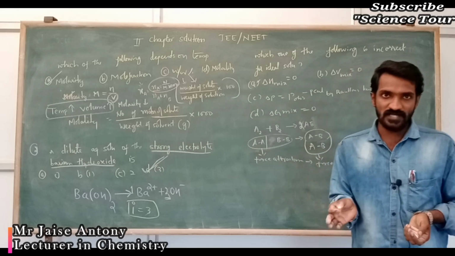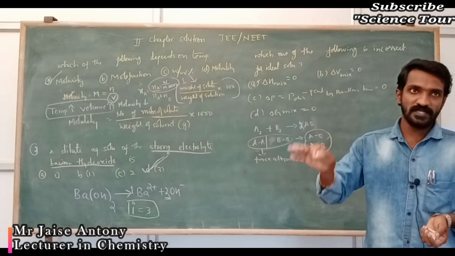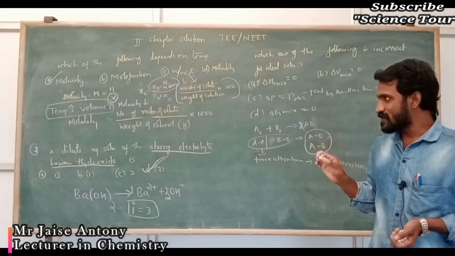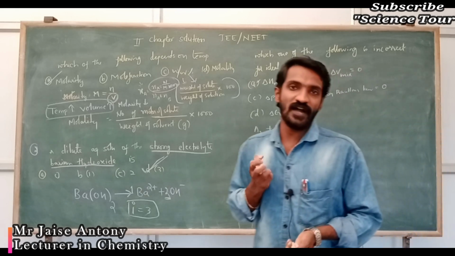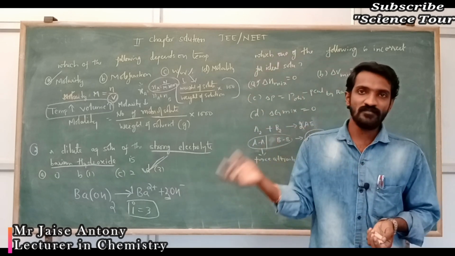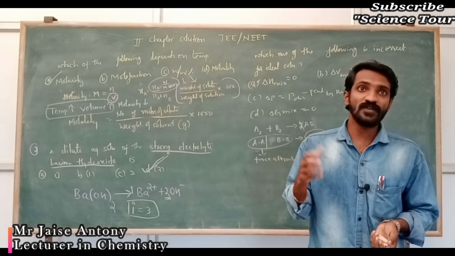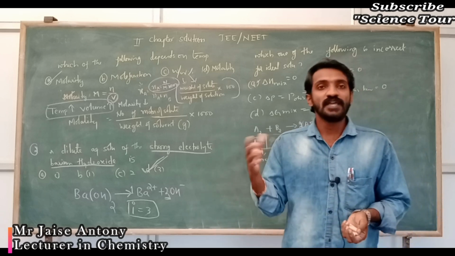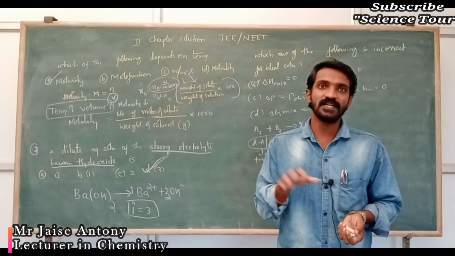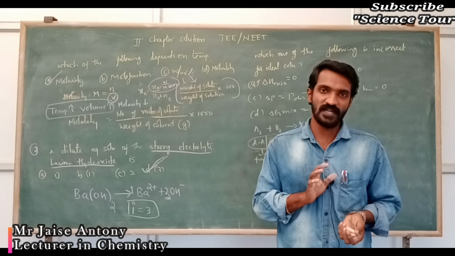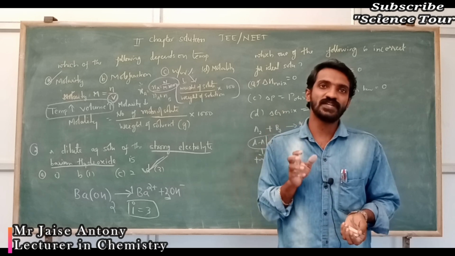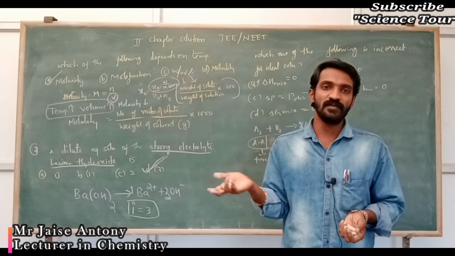So after mixing also vapor pressure is same as before mixing. Clear? So at this point no energy is required. No energy is required in the form of heat to form AB bond. Why is no energy required? Because AB force of attraction is same as that of AA and BB force of attraction. So no external energy is required for the formation of AB bonding.